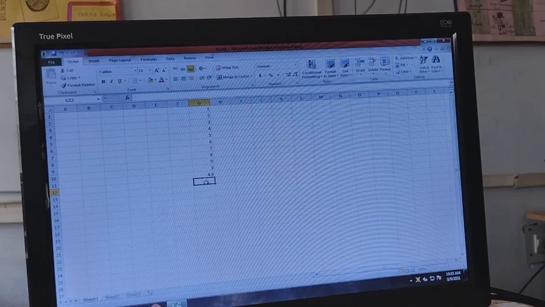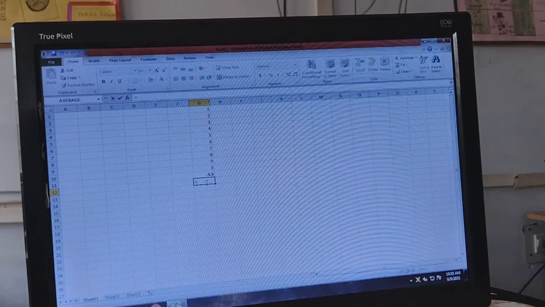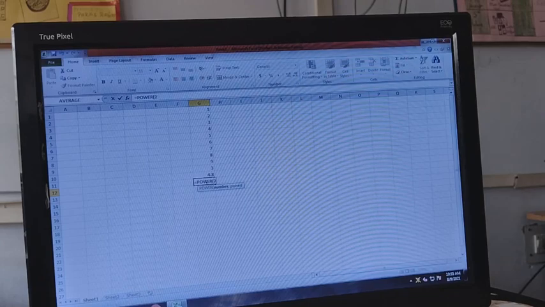Like we have the power function. First we have to write equals to, then power, open the bracket. Like we can have 2 raised to the power 2, and then enter.